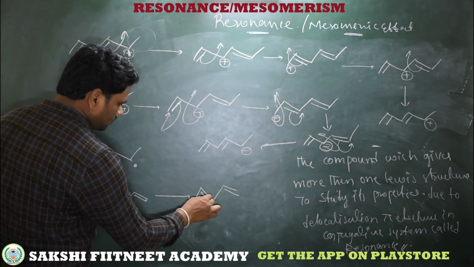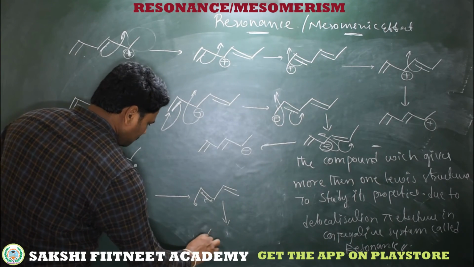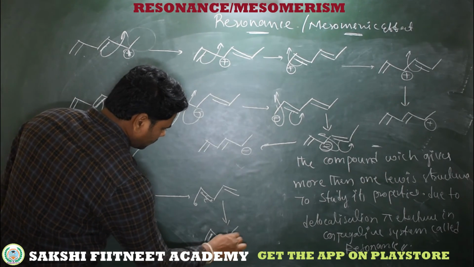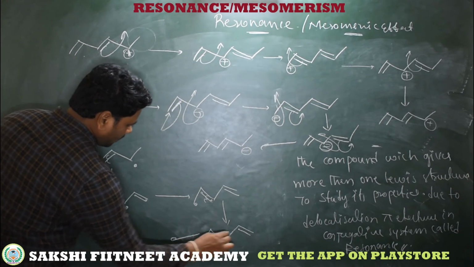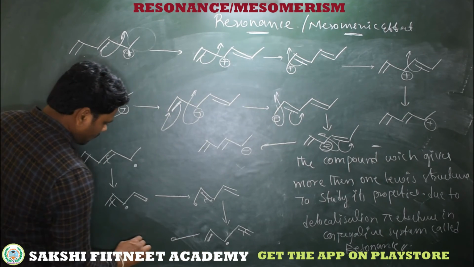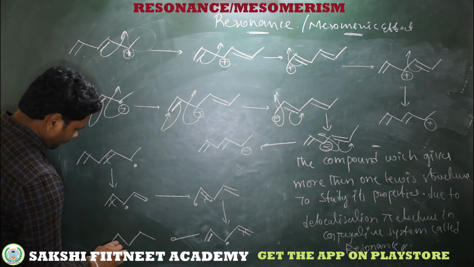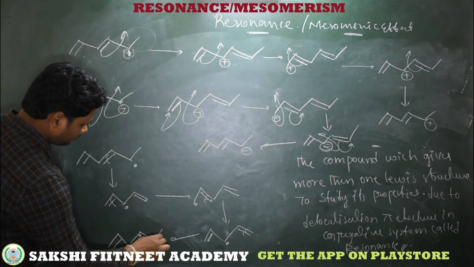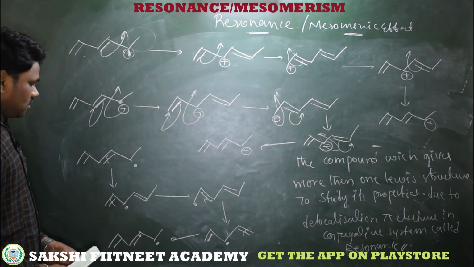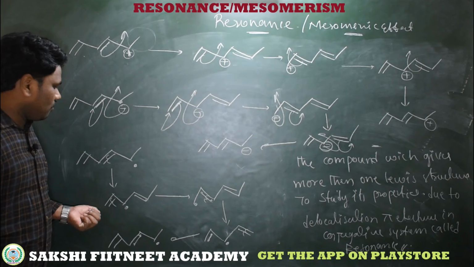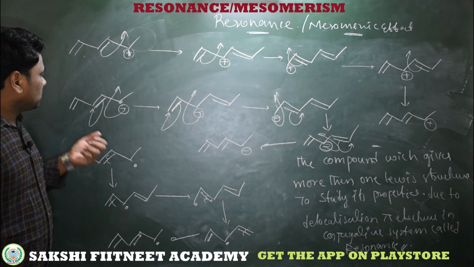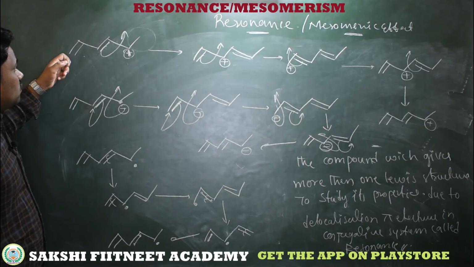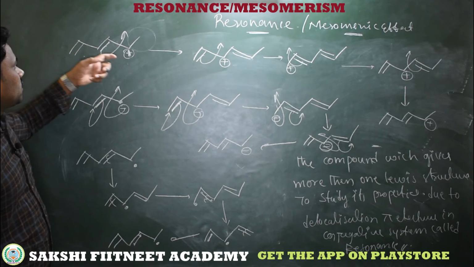Again next step what happens? This pi bond gets cleaved. Again same. Here radical means double bond. Here we will get a radical. So this bond is as it is. In the next step, again this pi bond gets cleaved. Here bond, here radical bond, and here we got radical. So these are the resonance structures in a compound which has a conjugation with radical. These are resonating structures of the compound which has a conjugation with a negative charge. These are resonating structures of the compound which has a conjugation with a positive charge.